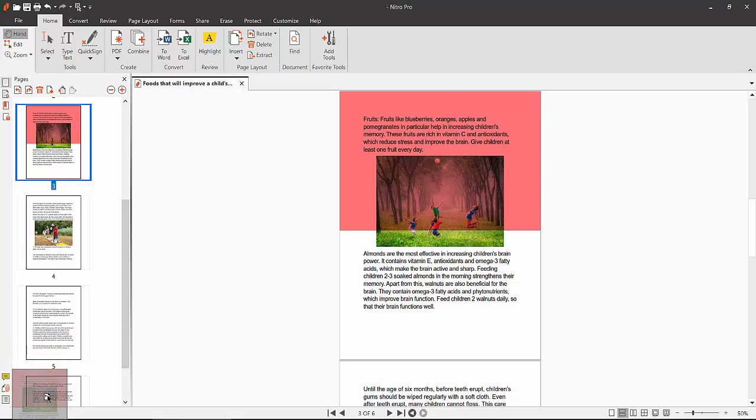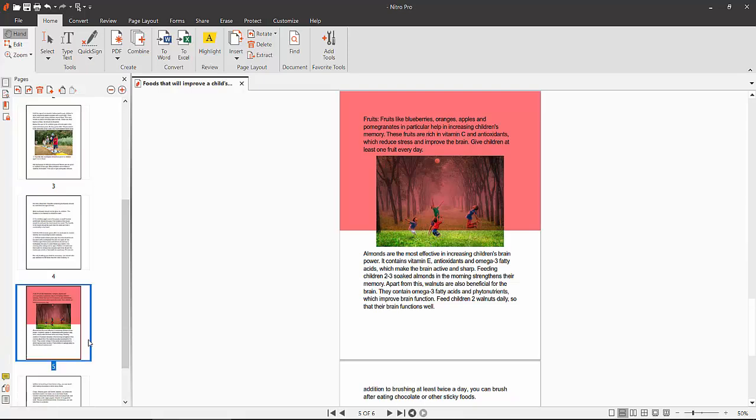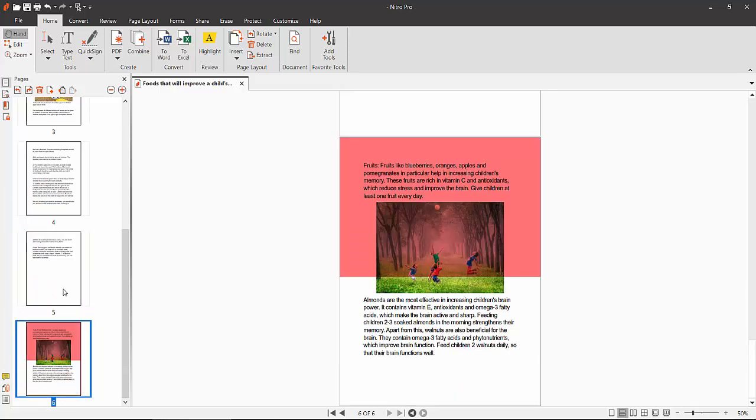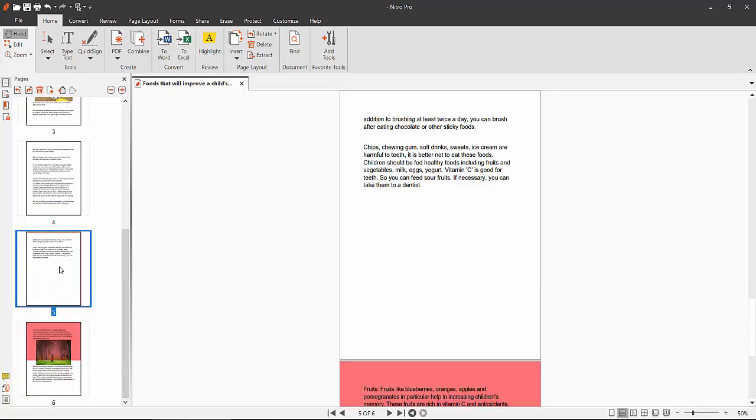down and see this page now moves. Also I'll move this one